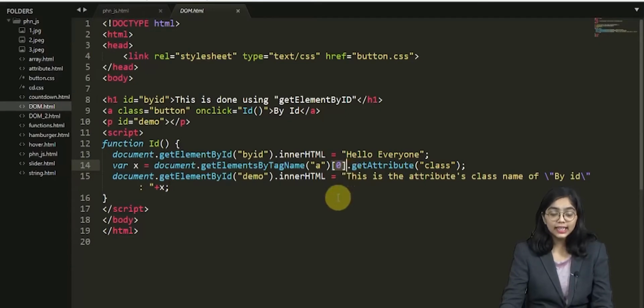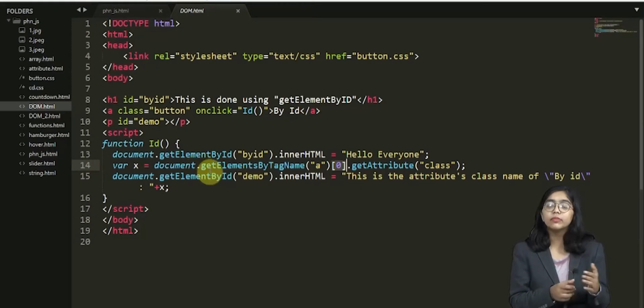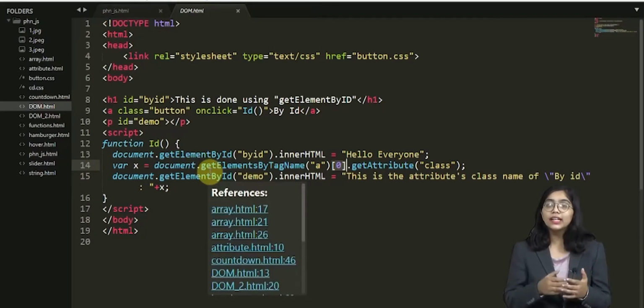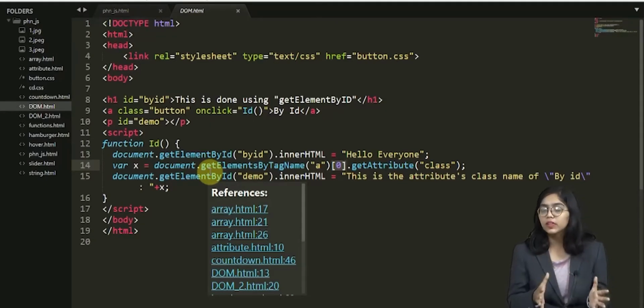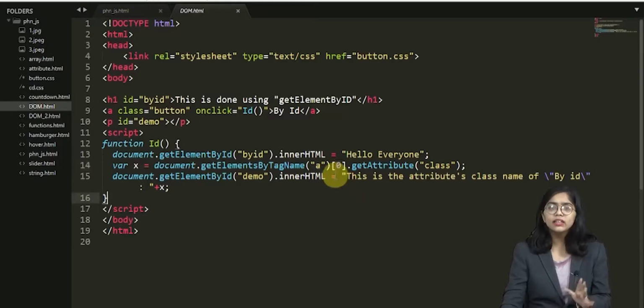This is actually the index number. Whenever we take a tag name from the HTML document, it has an HTML collection. Basically, all the attributes and tag names are part of this collection.